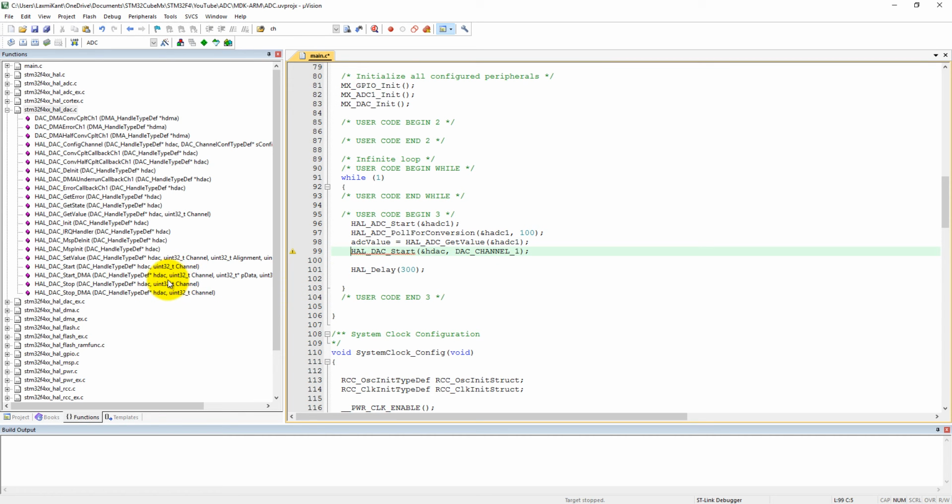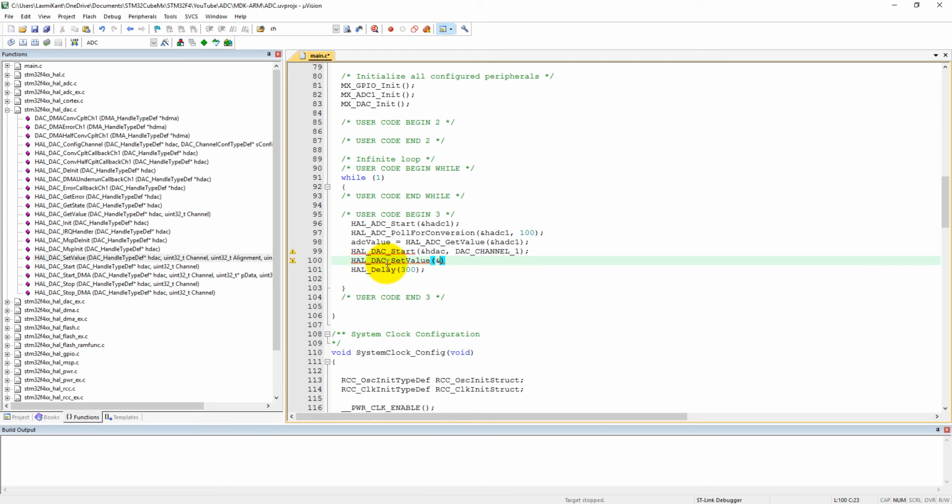Next, now we need to call HAL_DAC_SetValue. You can find it here. We need to give the handle of DAC, the channel number, the alignment, and the data. So here we write HAL_DAC_SetValue.